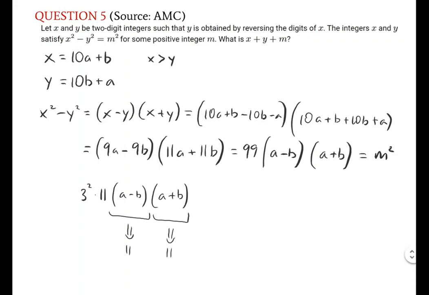And since we still have the 3, that means that if we want to keep our prime exponent even, one of these will have to be equal to either 1 or 3 squared. And since x is